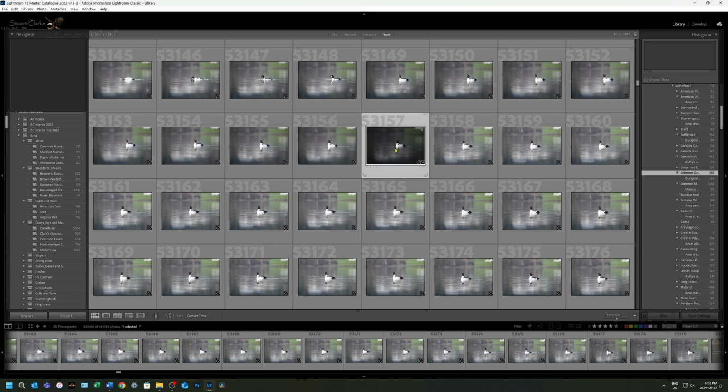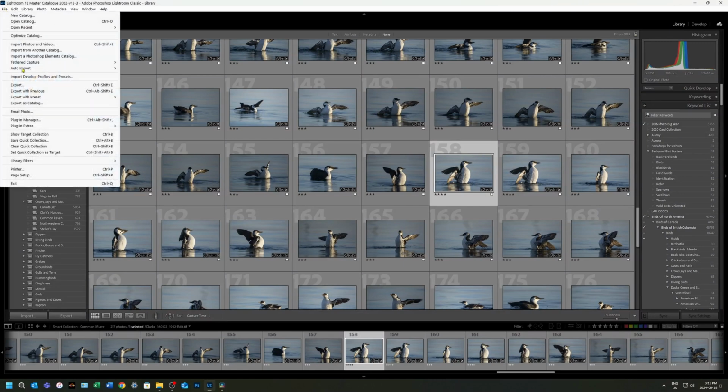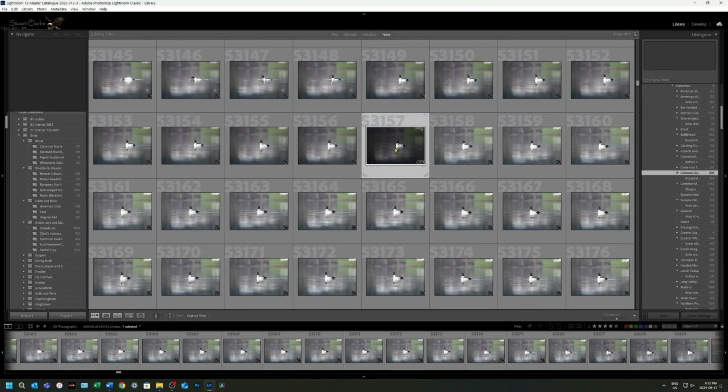So if you happen to have a catastrophic failure of your Lightroom catalog, things got corrupted somehow, the drive failed, whatever, and you hadn't done a proper backup, or for whatever reason, when you first set Lightroom up, it wants to do the backup on the same drive as the main catalog file. You want to make sure that your backup is done on a separate drive. But if you happen to have it on the same drive just by mistake, you overlooked it, and that drive failed,